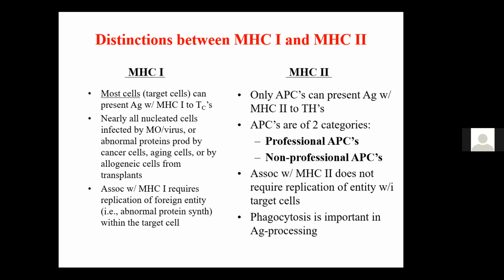We also have some vasculature or endothelial cells that can present antigens, but not necessarily being phagocytic in nature. Then in MHC class 1, we have the association between MHC class 1 and an antigen. And this becomes very conspicuous, especially with cytotoxic T cell mediated immunity, as opposed to MHC class 2, which is